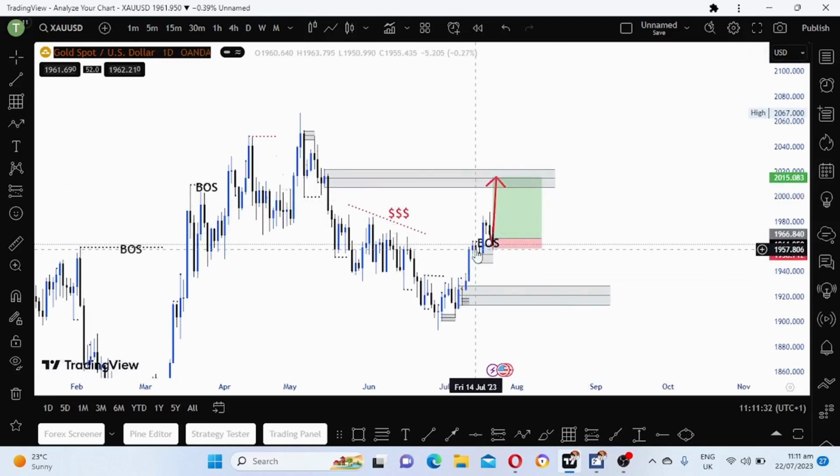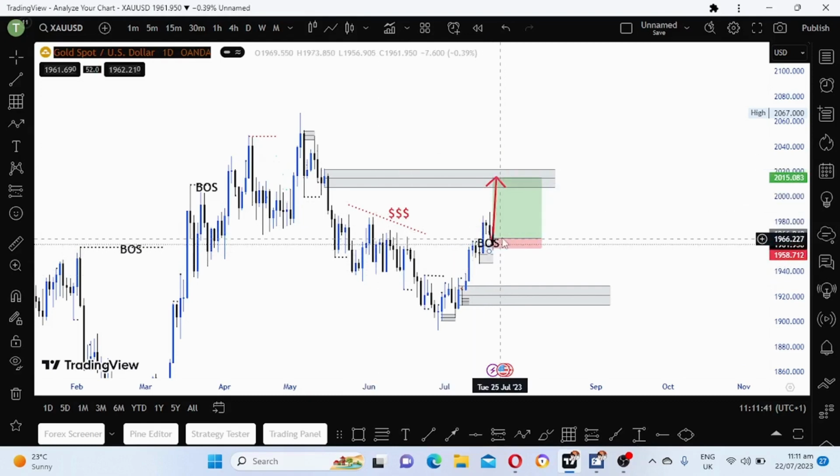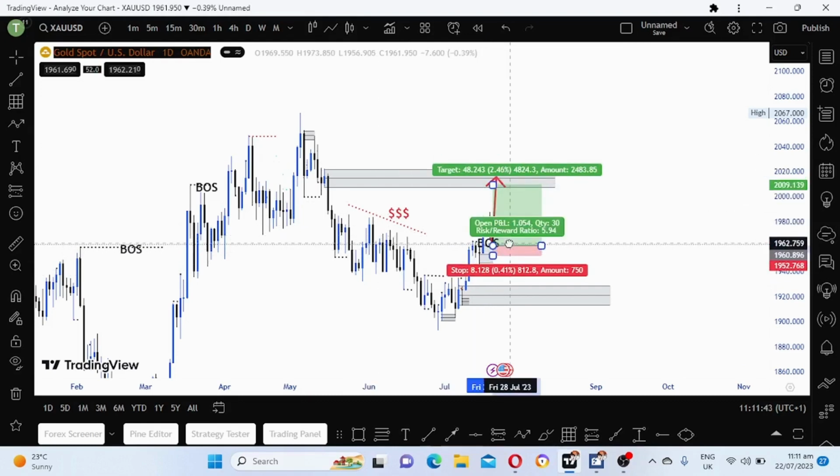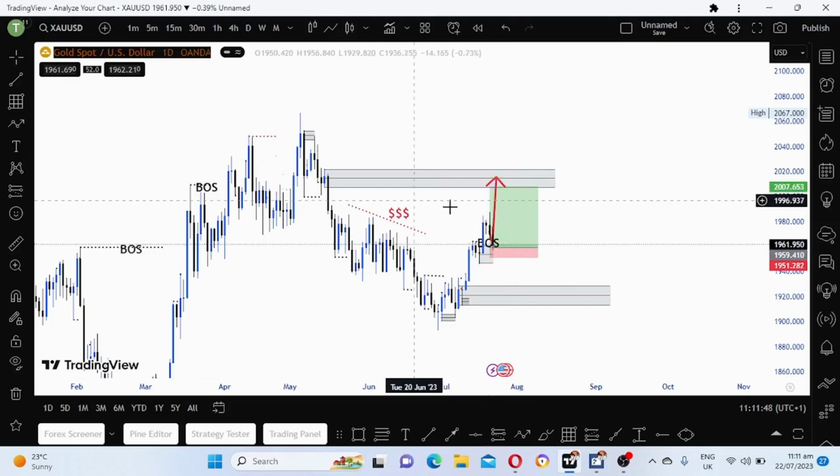We had a break of structure. We are now at this demand zone. So for me, I'm waiting to enter because this one was just a setup. It's just a buy setup that I had. So I will enter on Monday or Tuesday. I will enter a buy here, targeting